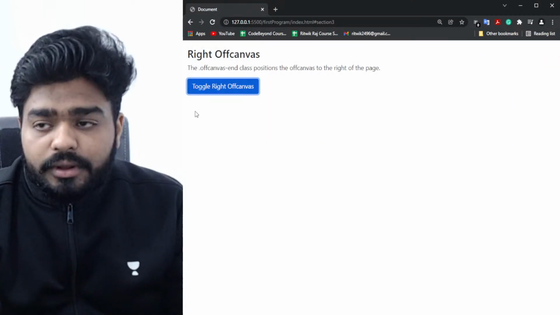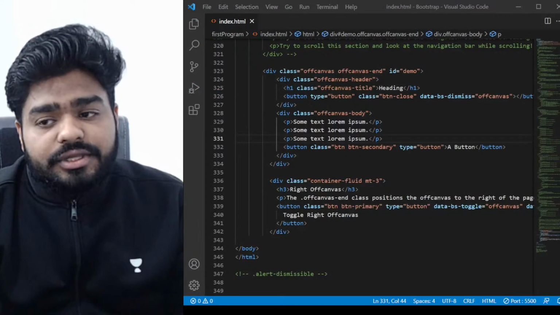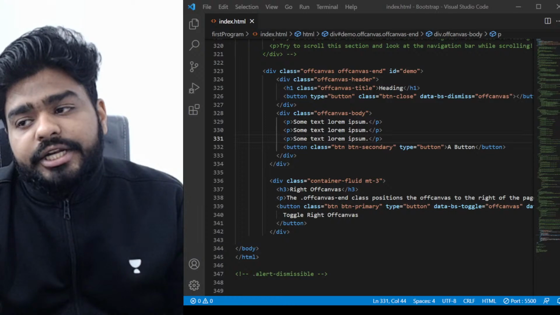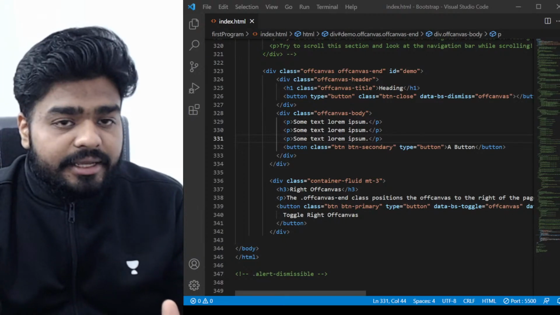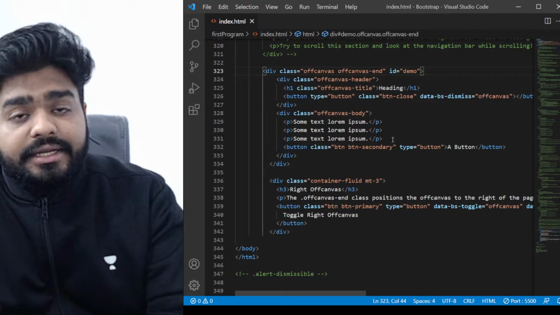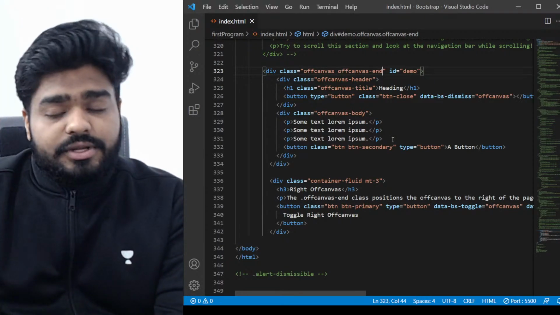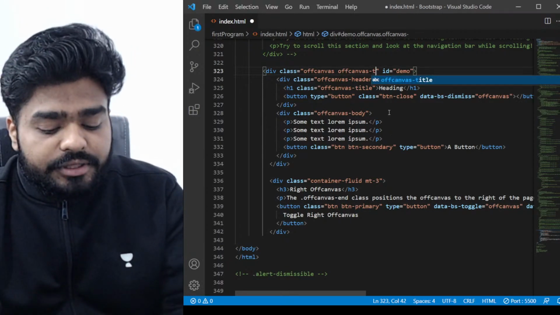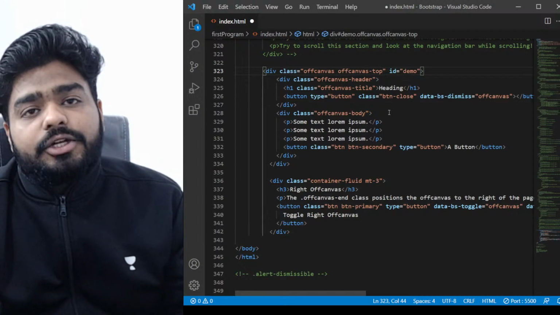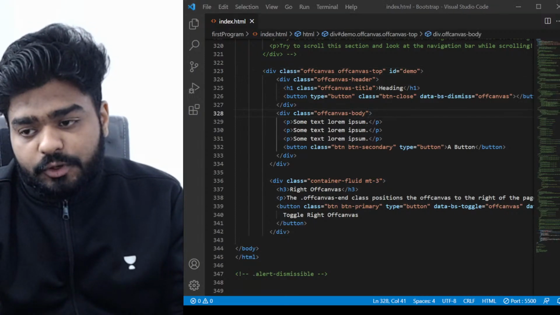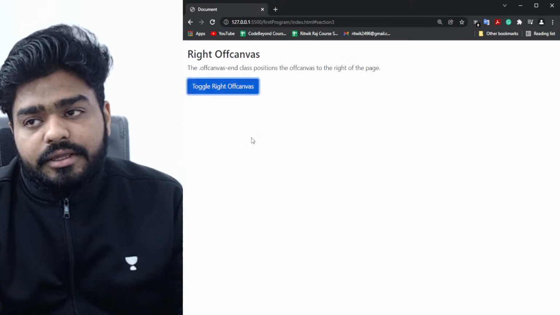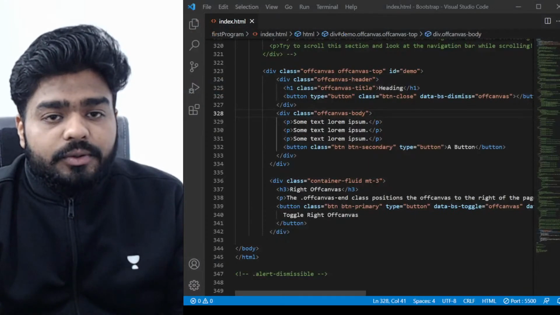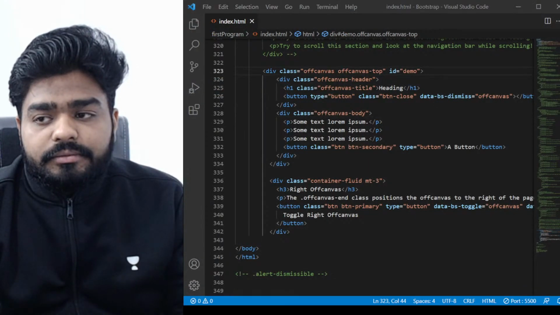Okay, now we can change the directions as well. We can put it on the left hand side, on the right hand side. So how do we do that? See, the end part, whenever you write, that's the end of the web page, so it's the right hand side. So suppose if I write here top, then let's see what happens. If I go back to my browser, fine, easy. Similarly, you can write here bottom,